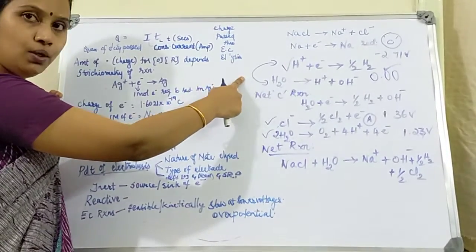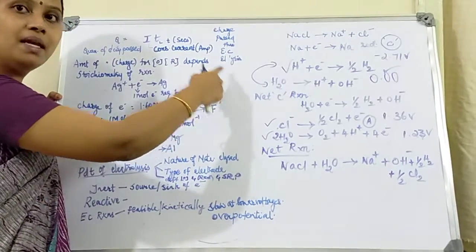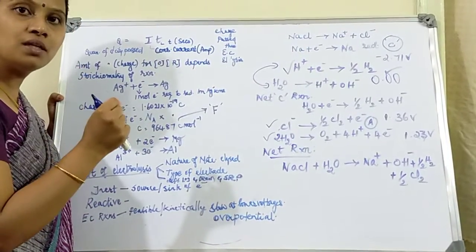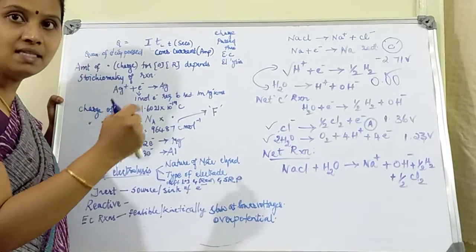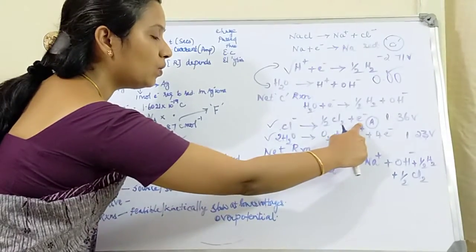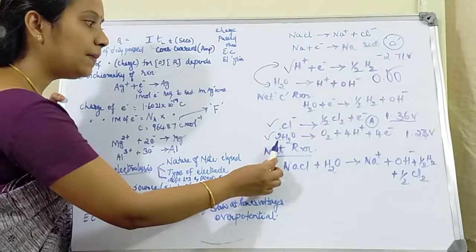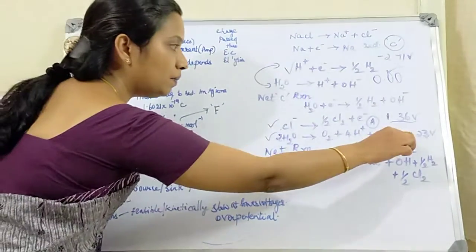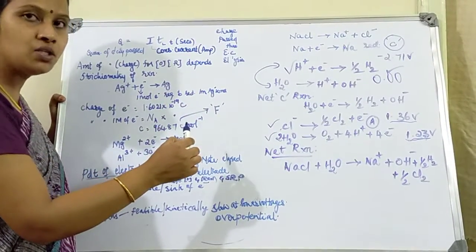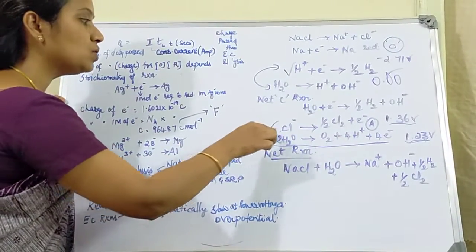In cathode I told you the reaction having higher electrode potential will be preferred. But in anode what happens? Reaction where the potential is less, that will be preferred. So just observe the two reactions. In oxidation of chloride, the electrode potential is 1.36 volts. What happens to the dissociation of water? It is 1.23. So what did I say for anode? For anode, lower electrode potential is preferred. So you will be telling me, ma'am, this reaction will be preferred. But it is not so.